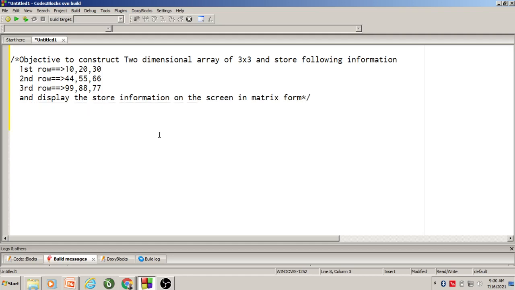Okay, one thing you can observe in the given problem statement is that they have already given the information you have to put inside a matrix. So in such a situation we will choose compile time initialization. As I said already, if you know in advance what information you have to put in a matrix, then don't go for dynamic initialization.